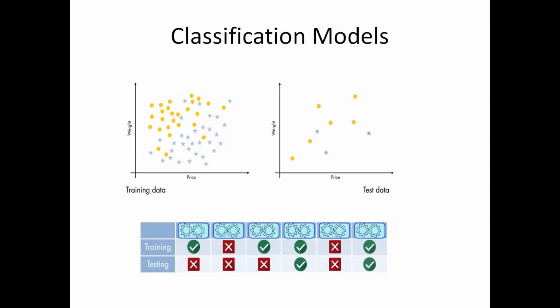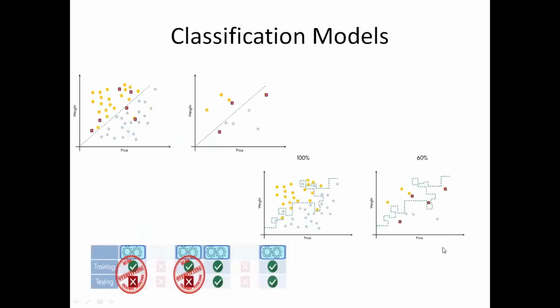For any good model, it is essential that it should perform well for training data as well as testing data. If a particular model performs well for the training data, as in this first case you can see, but does not perform well for the testing data, that means we have overfitted the model. The model has learned just to classify the training data, but it cannot generalize. So that model is said to be an overfitted model, and that is not a good model. Any good model should give us good performance for the training data set as well as for the testing data set.